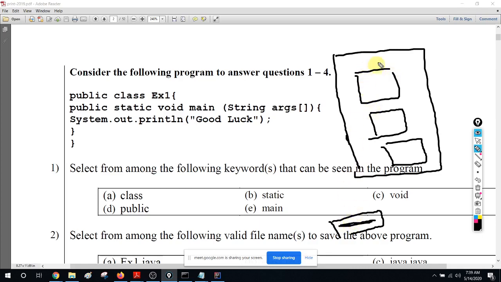And also, if you have public classes, you can have a maximum of one public class. You can't have two public classes. That's it. So what are the rules? The source file can have one class or any number of classes, but a maximum of one public class. If you don't have any public classes, your file name can be any valid name. But if you have a public class, your file name must be the same as your public class name, and you can't have more than one public class.